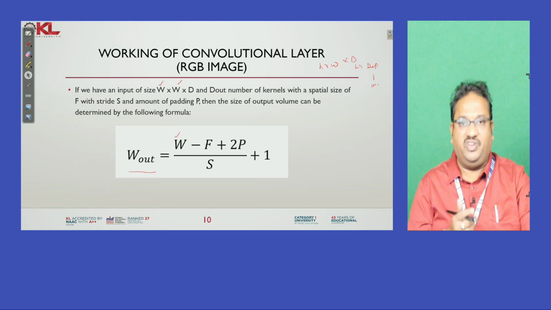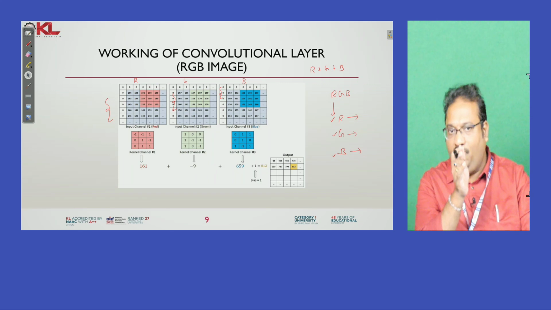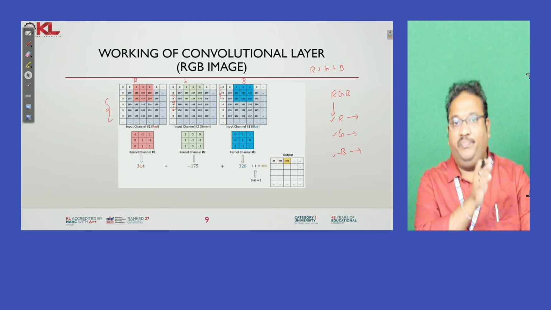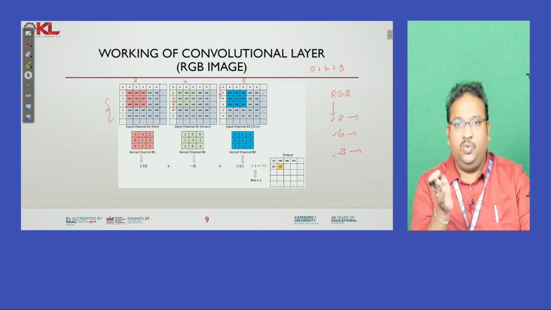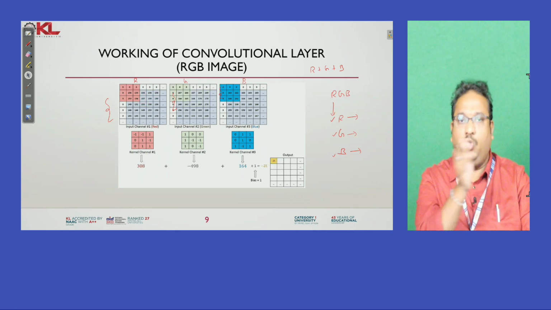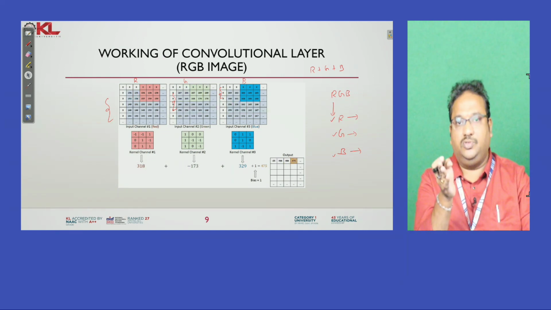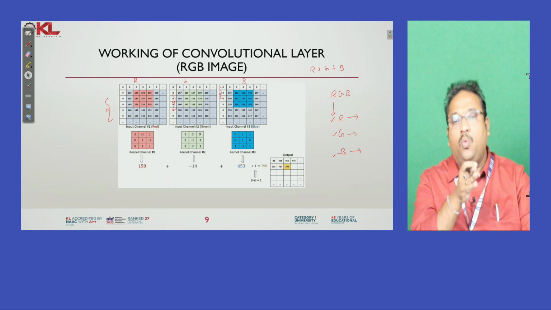And stride is nothing but, for example, if you look at this diagram, it is moving one column at a time. That says that stride is 1. If you say stride is 2, 2 columns will be moved, which means 1 2 3 4, the next two columns will be taken, 1 2, instead of 1 2 it starts at 3 4. So 1 2 3 4 and next 3 4 5 6, in that way. If the stride is 3, 1, 2, 3, 4,